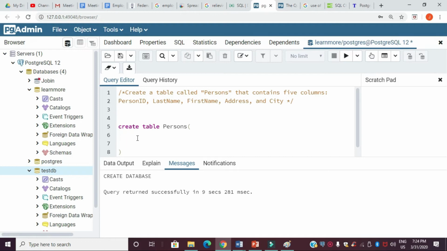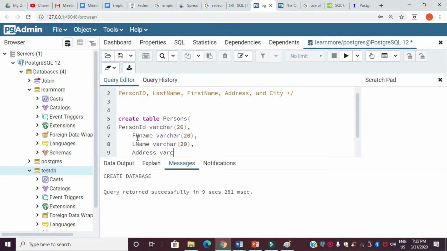The first column name is person ID, of type varchar of 20, then comma, last name varchar of 30, comma, city.